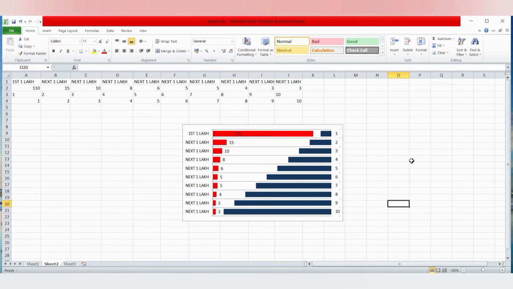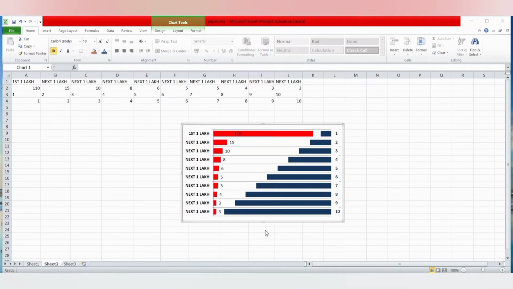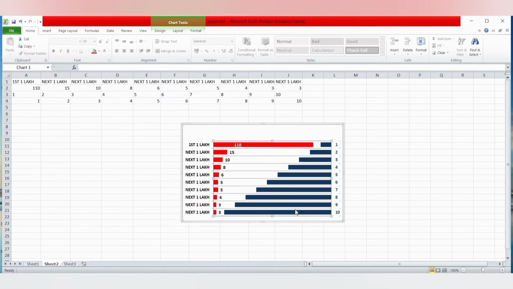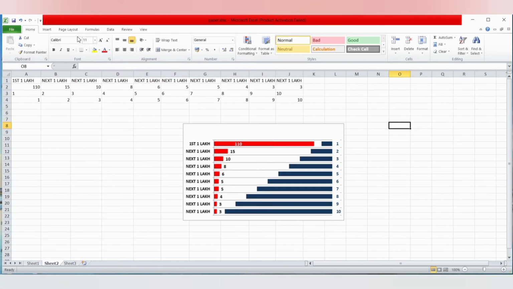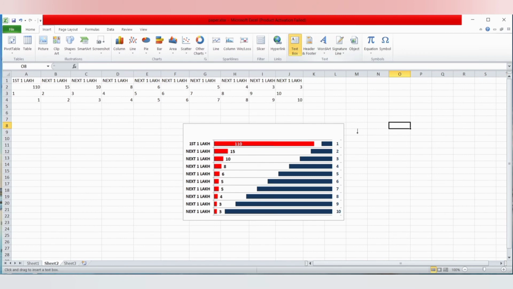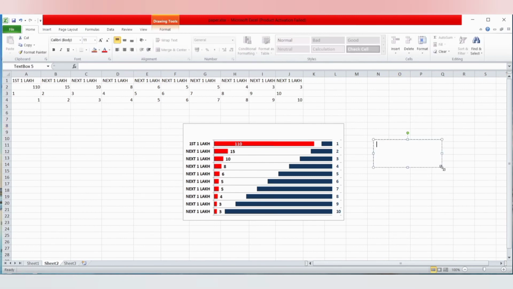Now we are going to format the fonts. We'll go to the Insert menu, Text Box, and write number of days.